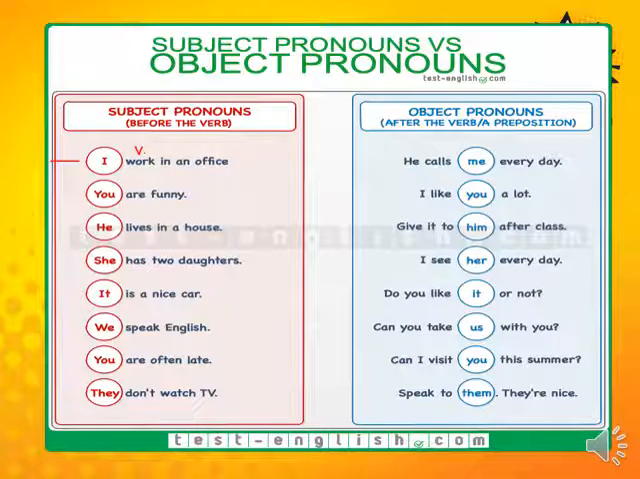What about the object? The object comes after the verb or after a preposition. So where is the verb here? He calls me every day. Calls is the verb, and we see that the object is after the verb. You are funny. This is before the verb, subject. I like you a lot. You here is an object because it comes after the verb,